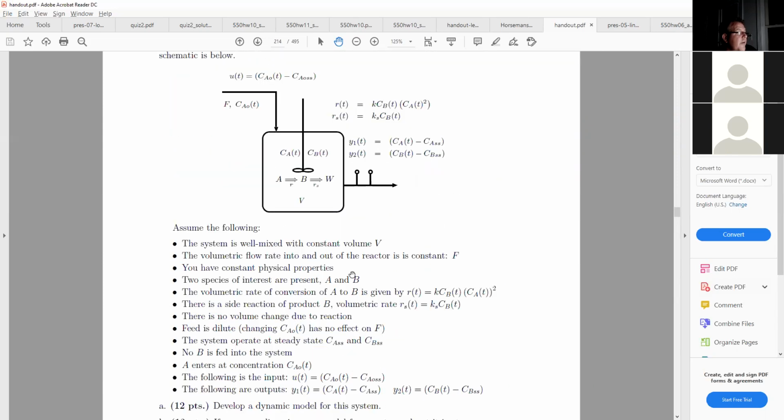We do this one. This is one we talked about earlier. Balance on A, balance on B, a reaction of A to B. So it's going away from A, creating B, and a reaction for